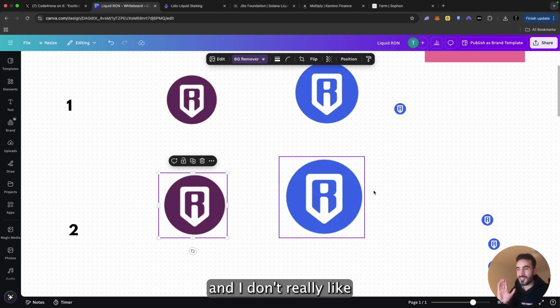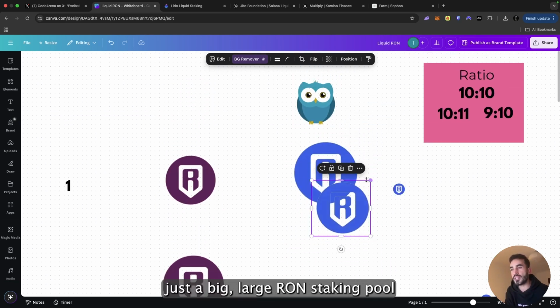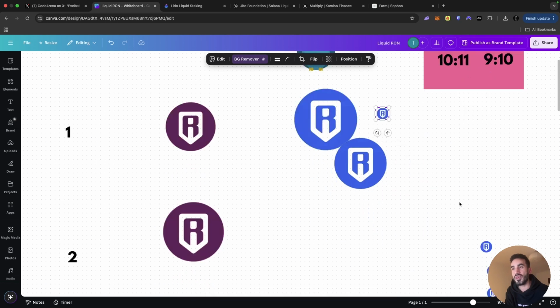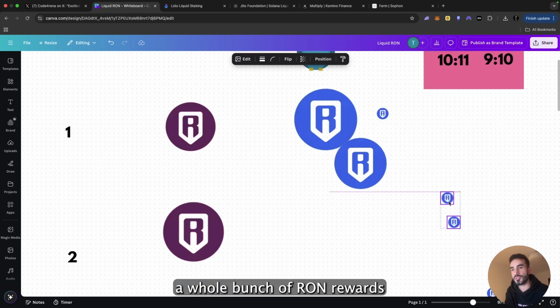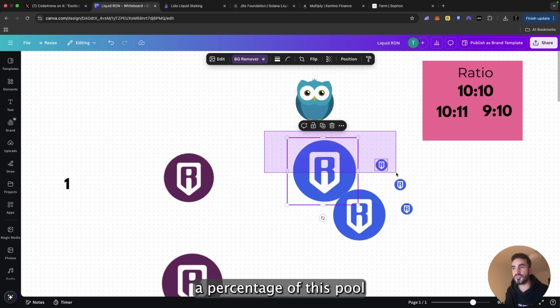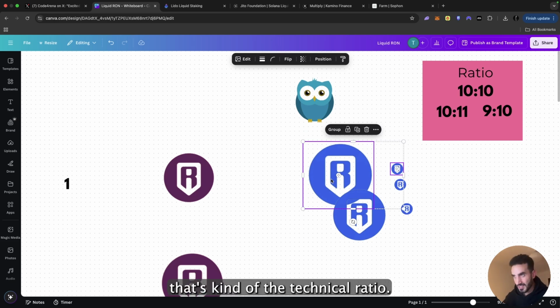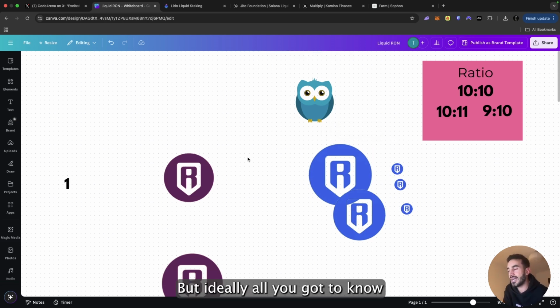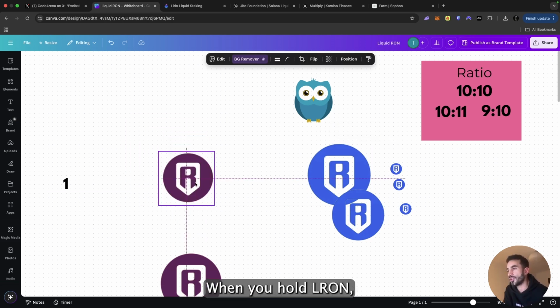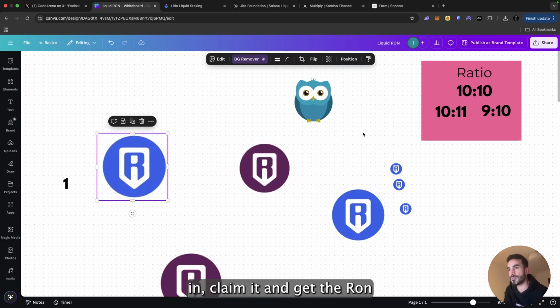On a technical level, and I don't really like going deep into this, the Owl protocol is really just a big, large RON staking pool that's earning a whole bunch of RON rewards. And your LRON is a coupon representing a percentage of this pool that you own, right? That's the technical ratio. You could rewind that, take a second, absorb it. But ideally, all you got to know is when you hold LRON, it is automatically RON staked for you in a pool. And at any time, you can go in, claim it, and get the RON plus the